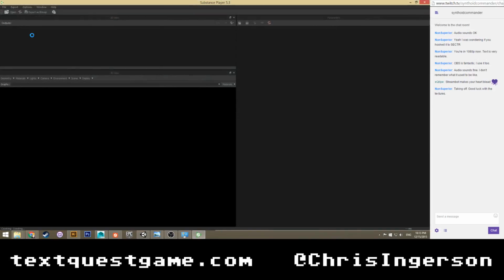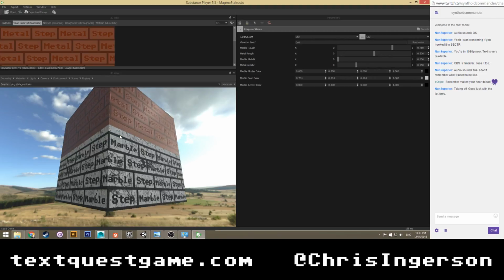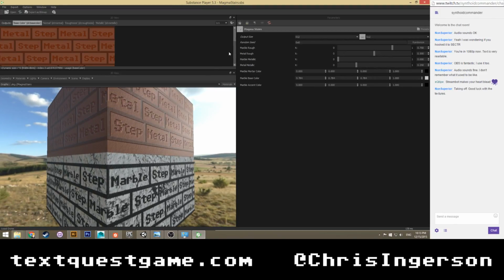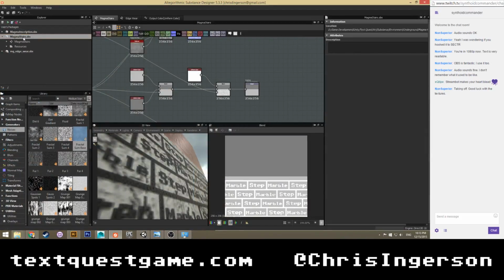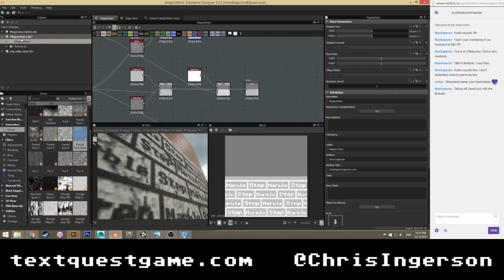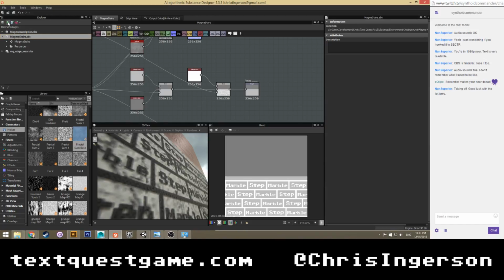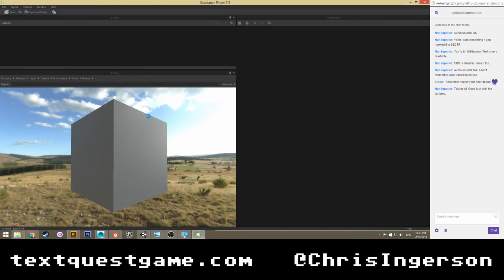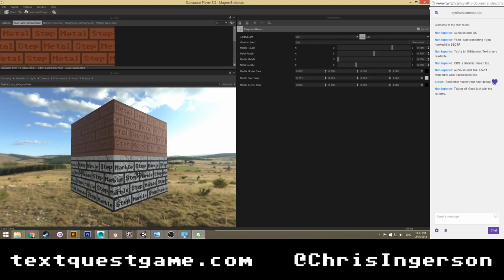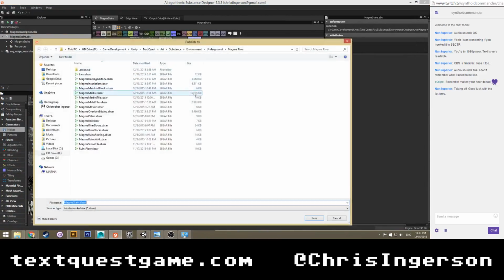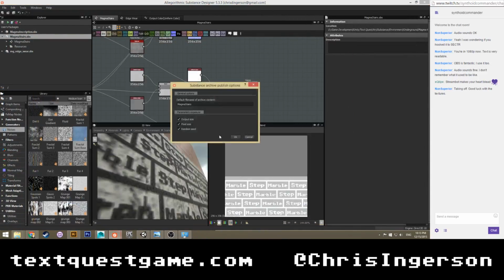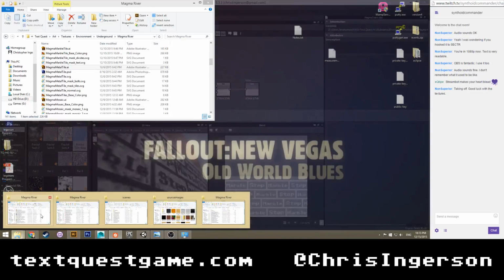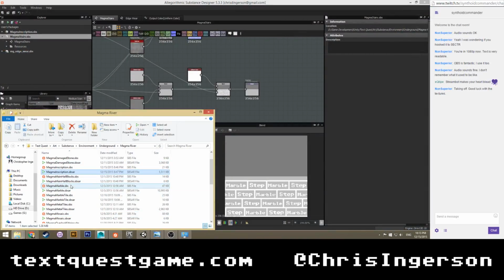Let's try this again. Marble, metal, metallic. It's not doing it. Huh. Okay. Why not? I'm going to go ahead and say save this. Maybe I had to save it? No. Okay, I'm going to try publishing it downstairs. And I'm going to try opening that, seeing if that works. Maybe it just caches it for some reason. So magma and marble.